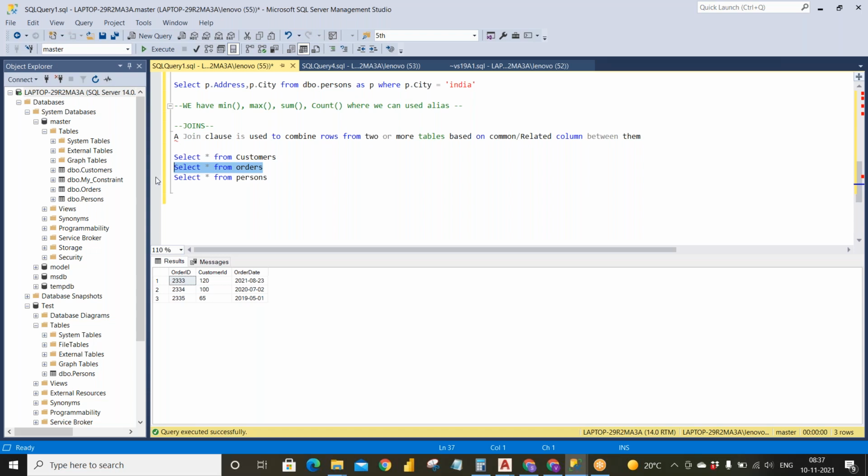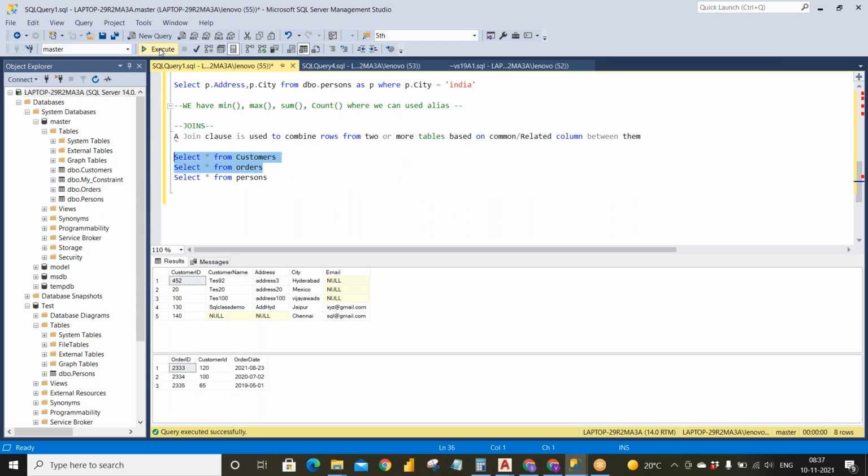What do you mean by related column here? Suppose I execute this too, and I want to join this orders table and the customers table because I need to get the data of the customers. That's fine, but to join, there is an important condition: I need to have some common column in both the tables. So here I want to join customers and orders.